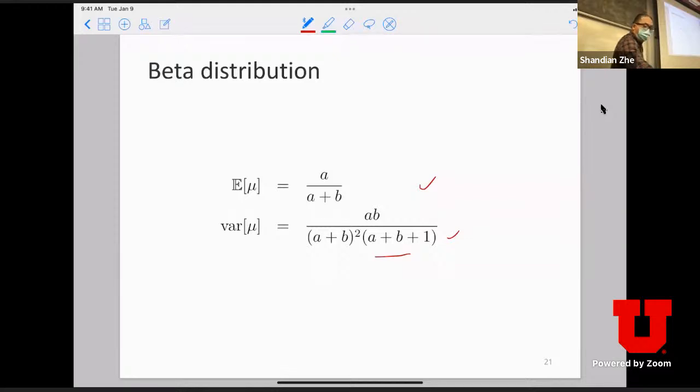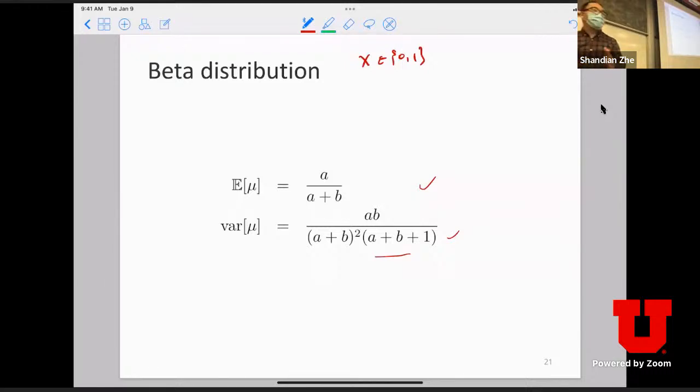And then an interesting question will be, if we go back to the Bernoulli distribution, we know that if your observation is binary,